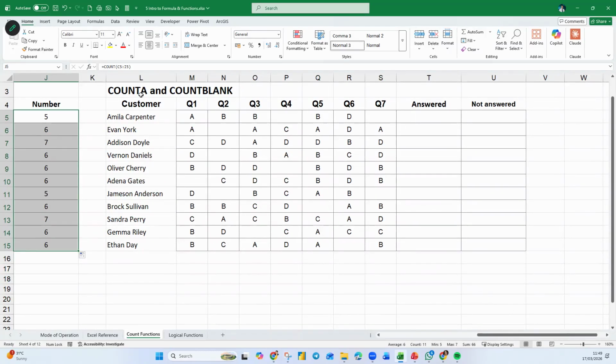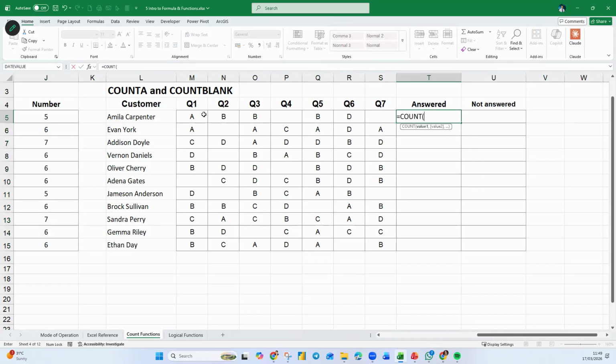Okay, we are doing count A now. A stands for all, count all. So you notice if I use this function here, equals count, and I highlight this, the answer is 0 because the count function only counts numbers. But what happens when the content that you have is not a number? You want them to count everything, number, text, whatever. So let's just say I change this one to 4. So I have number and text. Now, I want them to count for me everything that has an answer. So I use count all.